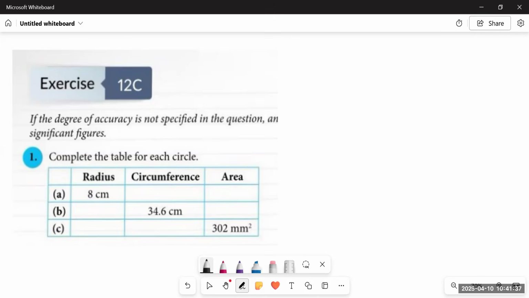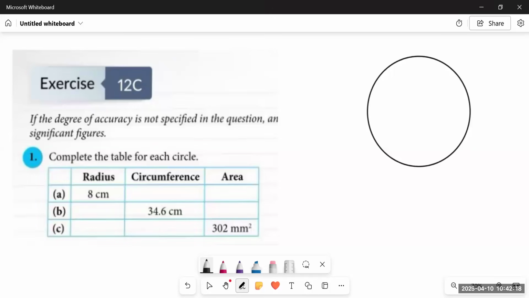In this exercise, we are going to learn how to find the circumference and the area of a circle. We have already learned how to find the area and perimeter of polygons, such as square, rectangle, parallelogram, and other types of polygons. But this is quite different since it doesn't have any straight sides. It just has an outer side which is curved. So measuring the circumference of this circle is not the same as measuring the straight sides of different polygons.